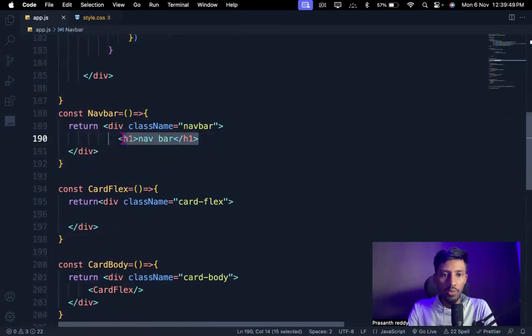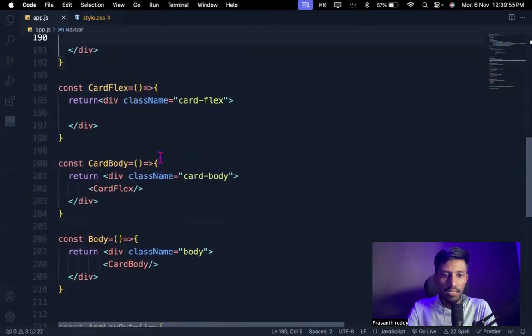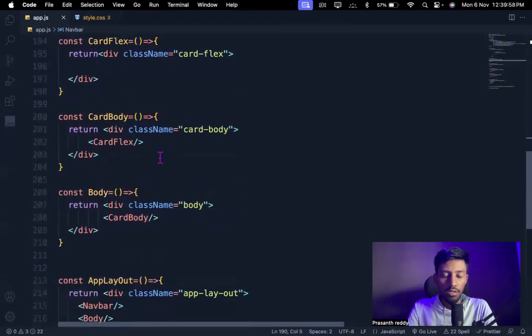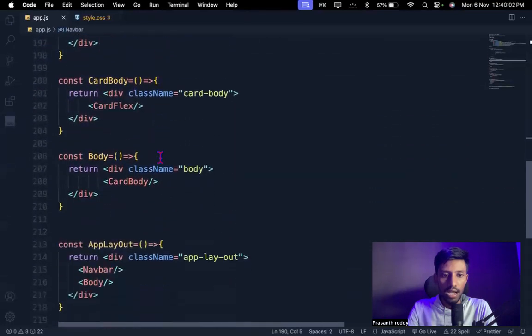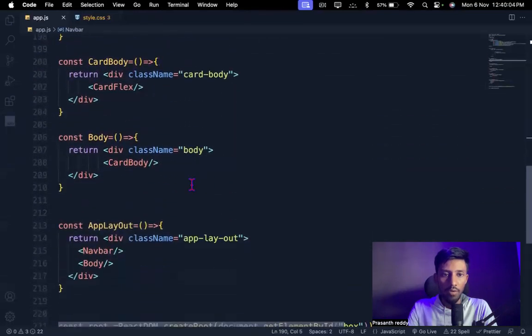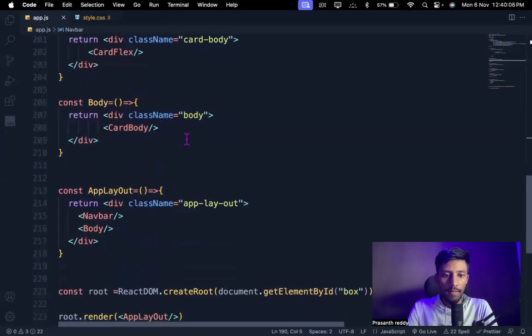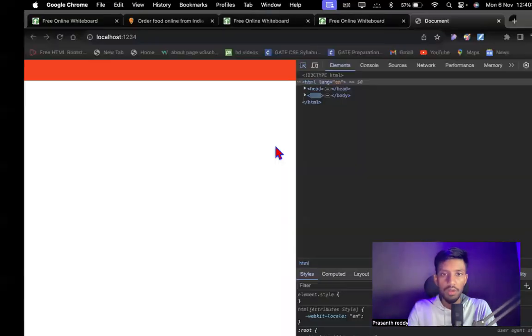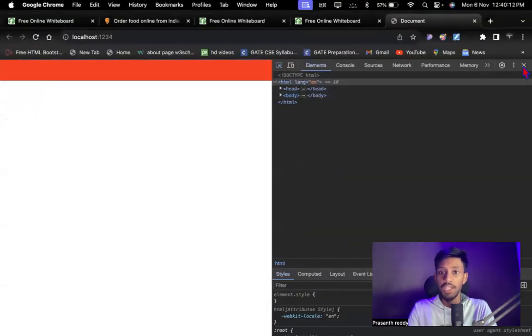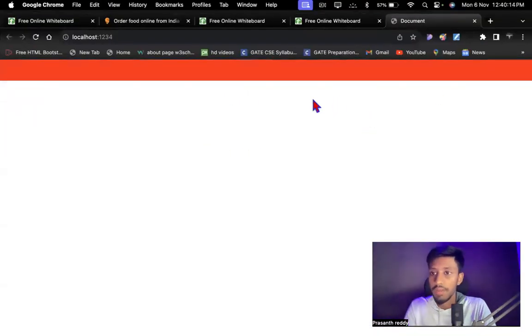Remove this h1 tag inside the navbar. Okay. Now, are there any other h1 tags? Pod body. See, inside this app layout, pod body, we have app layout. Okay, let me remove this. See, now it is fixed. That is because of the h1 tag, guys. We pasted some h1 tag inside that. Now it is gone.